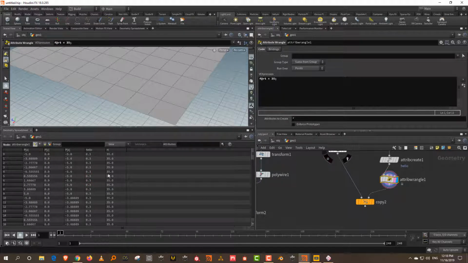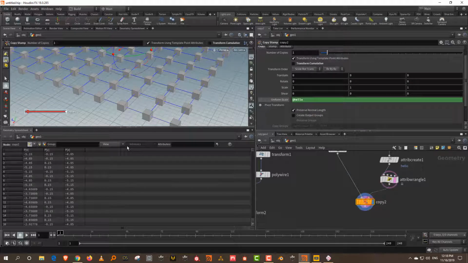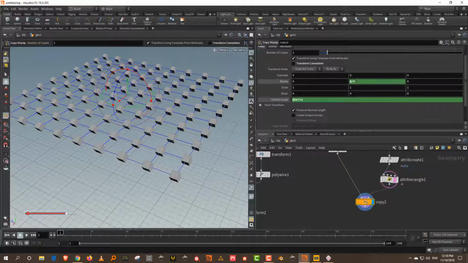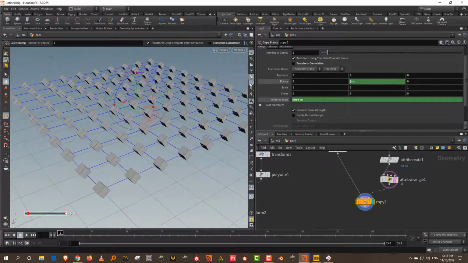And you can see those are the two things that we have created. So we have hello and we have RT. Pretty simple. So I can come down here and you can close this. And let's say I want to rotate it in the y-axis. So I can just type in @RT and there you go. So you're now rotating it in the y-axis.